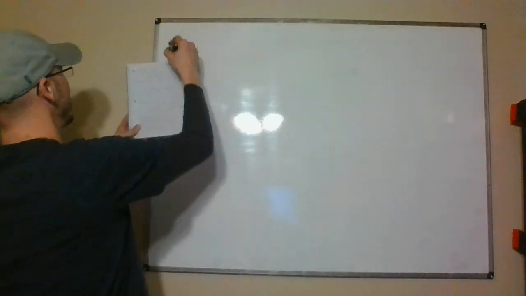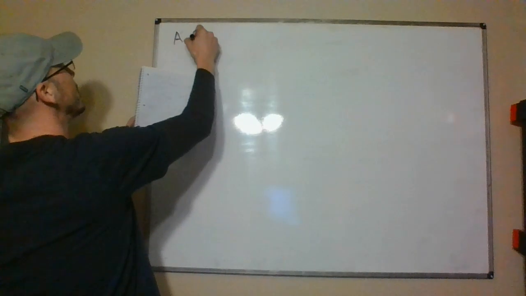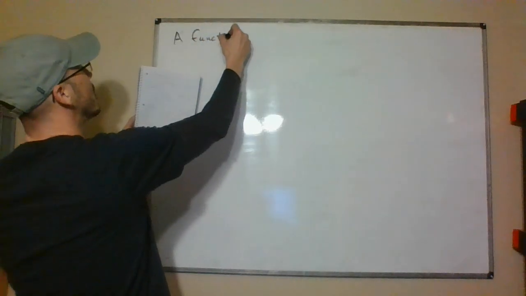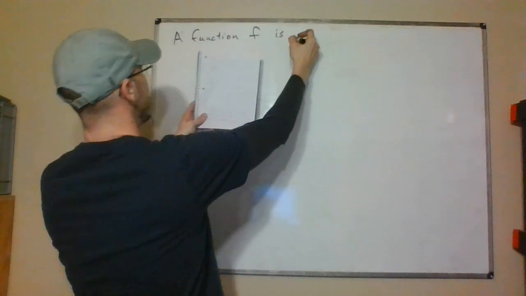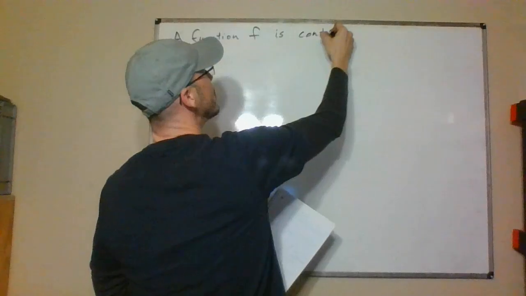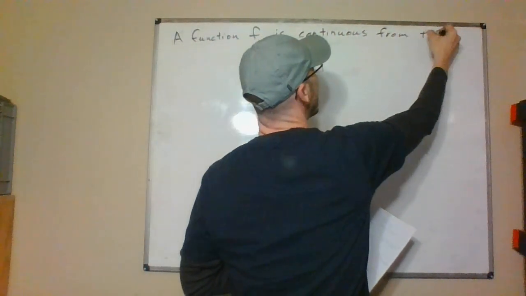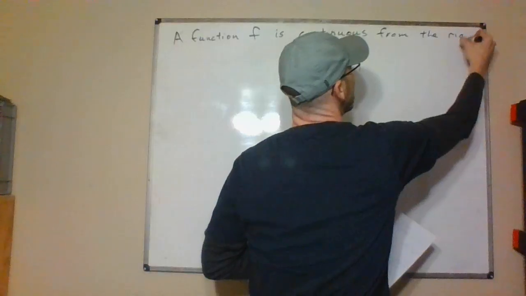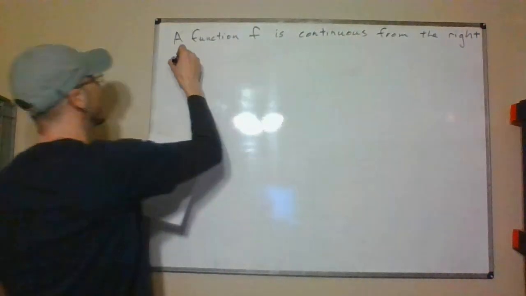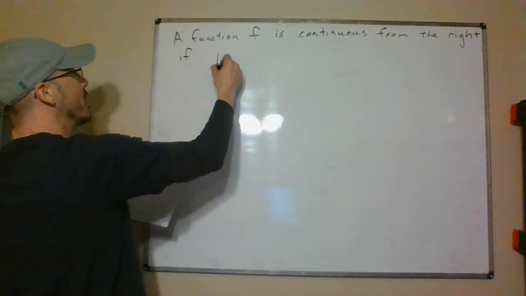Well, let me write the first one as a sentence, and I'll just shorthand the second one. So function f is continuous from the right if the limit